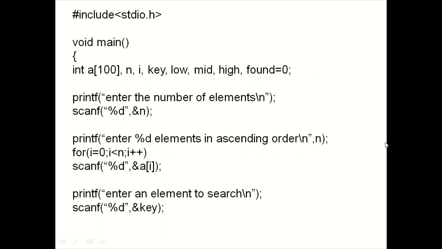So the program is like this. We have declared an array and the key element. First we'll start by reading the size of the array, that is n. Then we'll read the array elements using a for loop. Then we'll take the key element that needs to be searched in the array.